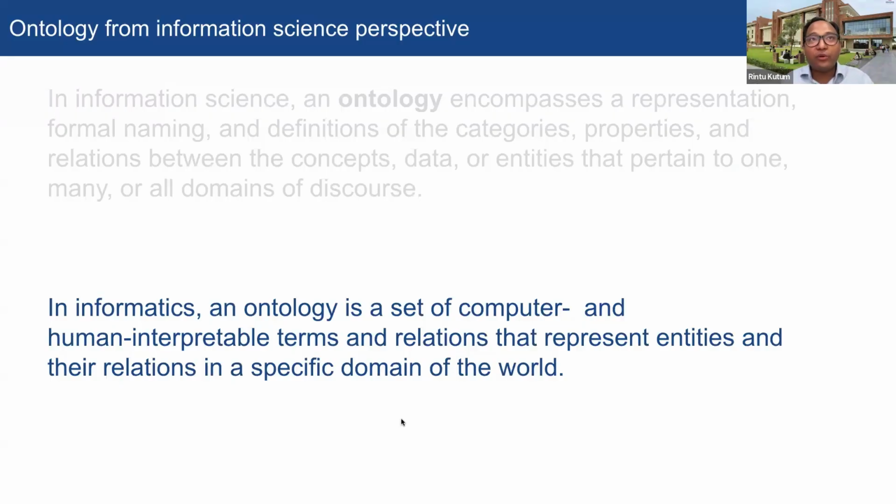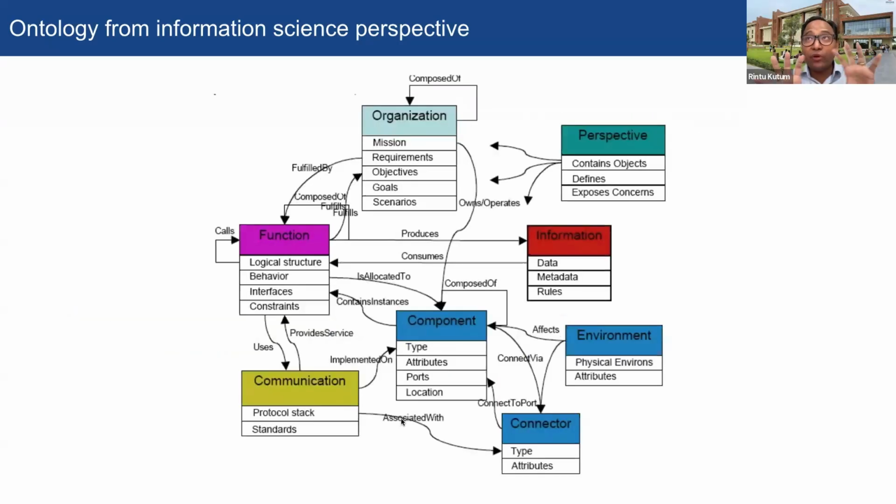From an informatics point of view, which is more of a computer and human interpretability part of it, it is nothing but a set of computer and human interpretable terms that we can actually understand. Not only we as humans, but also computers understand it. And those terms and relationships can be represented as what we call entities and their relationships in a specific domain of the world, which we will discuss further, in how food ontology or the food related domain is related, and how it has similar kinds of annotations for agriculture and also for human health. And if you think more from an information science perspective,